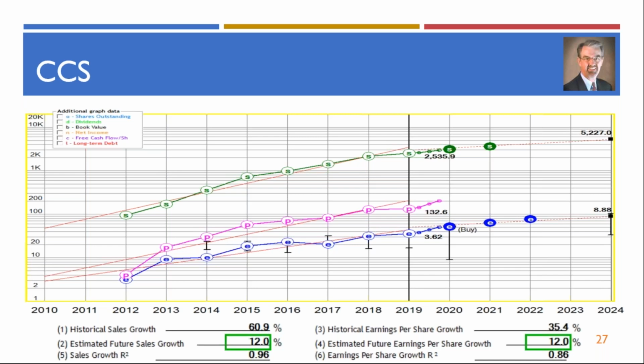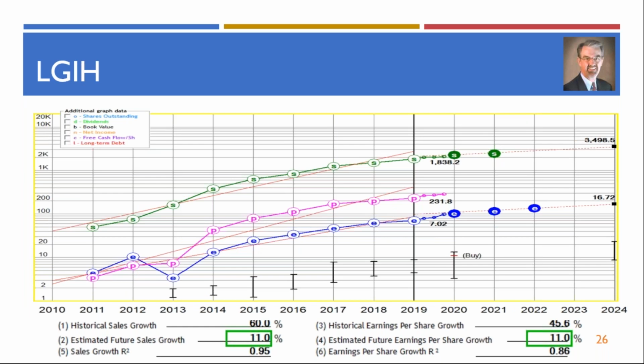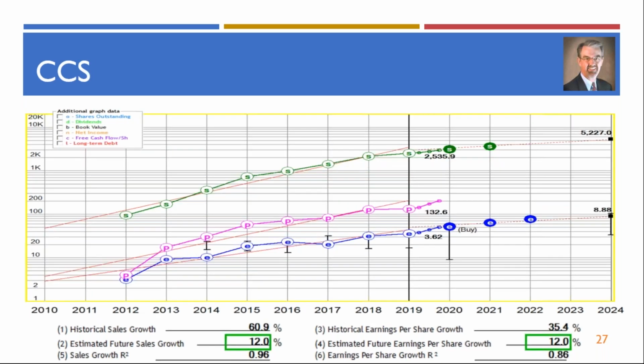But again, outlook is strong. Analysts are optimistic. My growth rate for Century Communities is 12%. So pretty close. We're talking both in the same range, to be sure. I'll just go back to LGI Homes, just so you can see how similar these two companies are in terms of their growth trajectory.